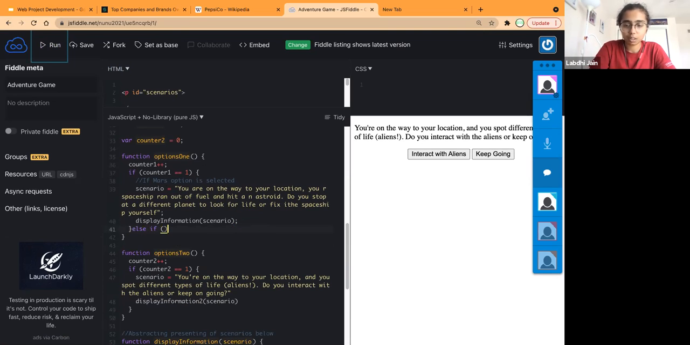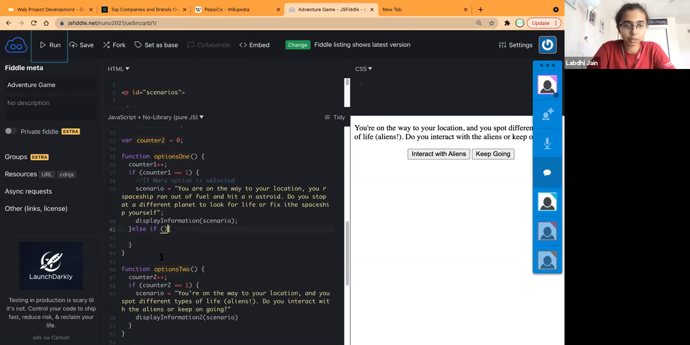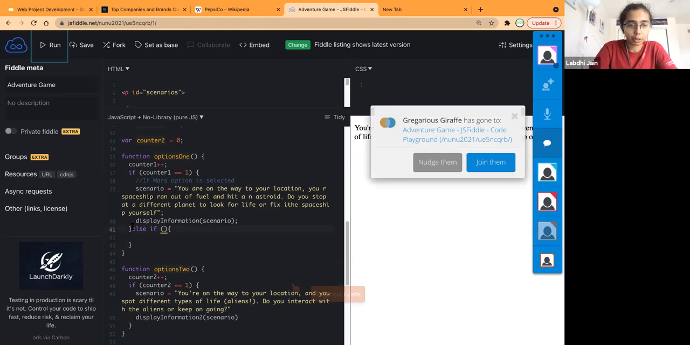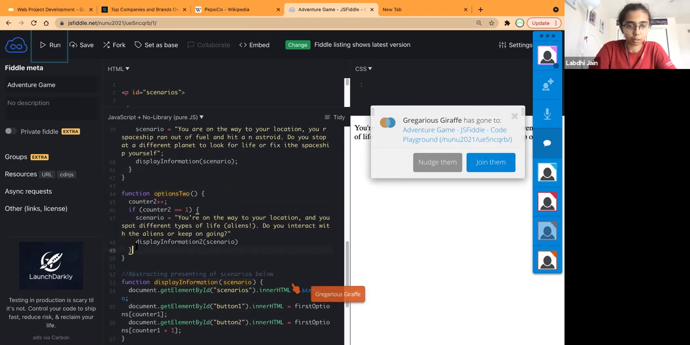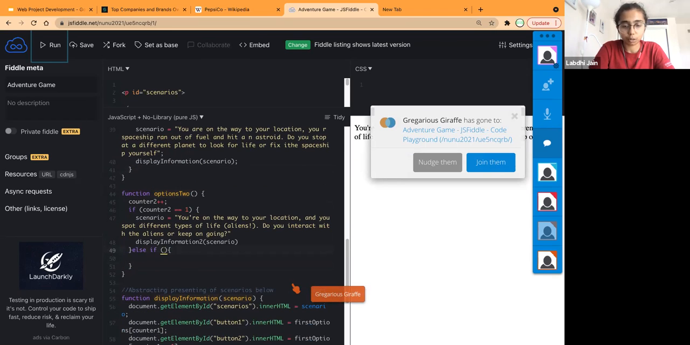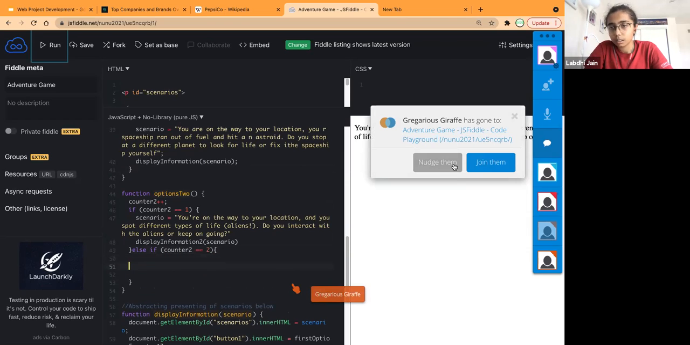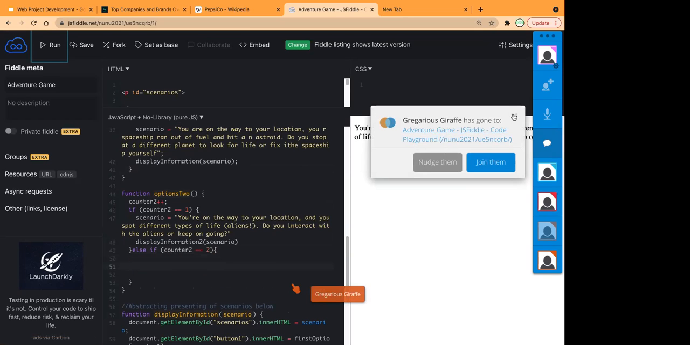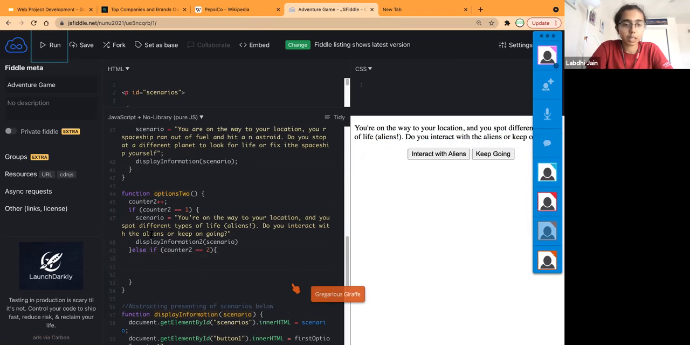Else if counter 2, actually, we start at counter 2. Okay. Else if counter 2 is equal to 2, I think that's me because I just clicked your link on the chat. Okay, got it. So if counter 2 is equal to 2, our scenario now turns into